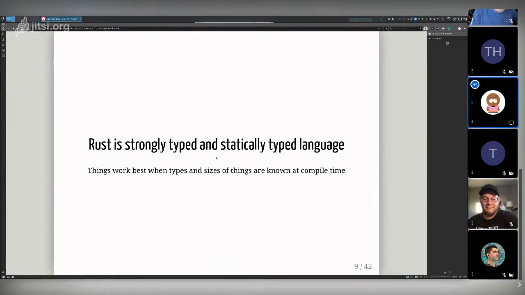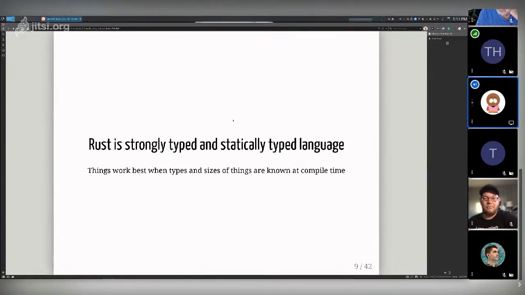But I think most of us know that Rust is strongly typed and statically typed, and those are separate things. Statically typed such that types need to be known at compile time. And it generally works best when the sizes of things are known at compile time too. There are quite a few cases where it's operating on things where the size isn't known at compile time, like strings, for instance. But that forces us to use pointers, right? And we try to avoid using those for the most part.